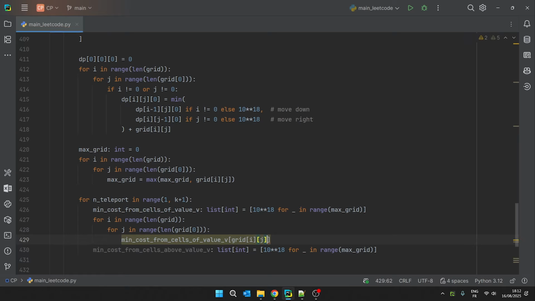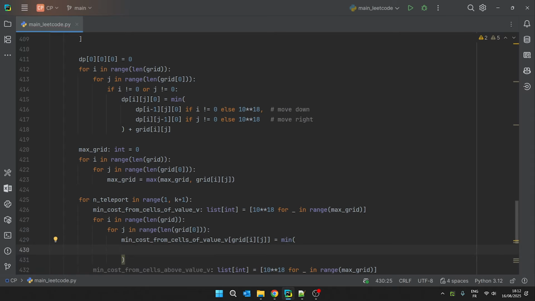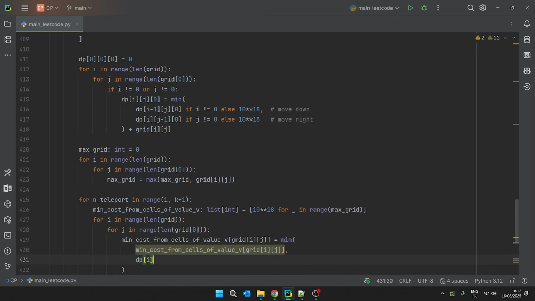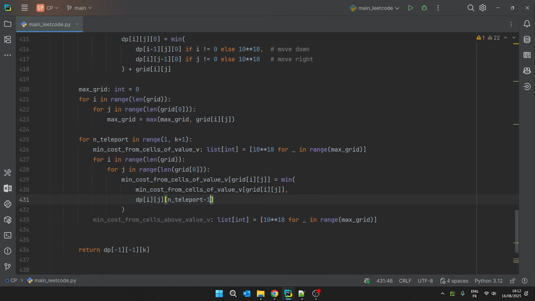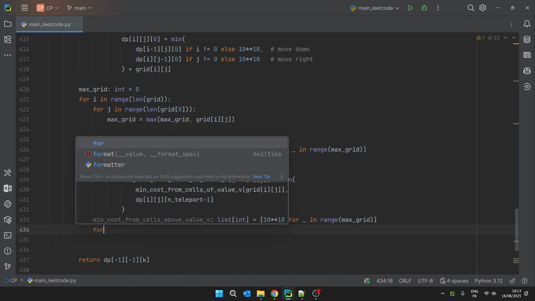So here the value is the cell where we're at, equals the minimum between what we already had, because maybe there's another cell with other coordinates that had a lower cost, and the cost we have here. Then this is sort of like a suffix thing if you've done prefix sum exercises. It's very similar, except it's in a suffix manner. So we'll